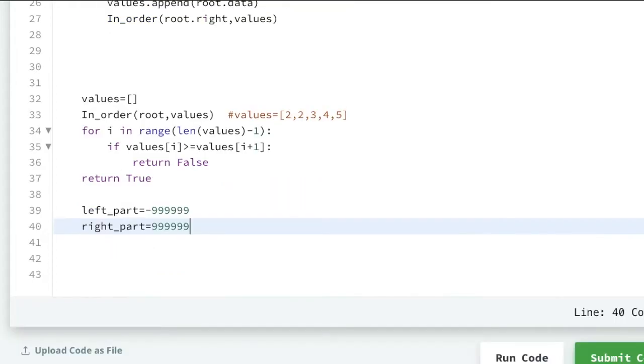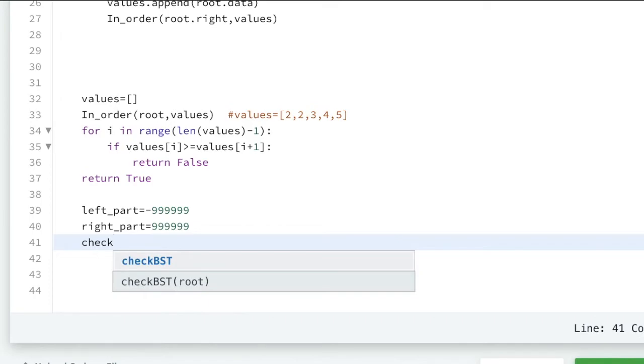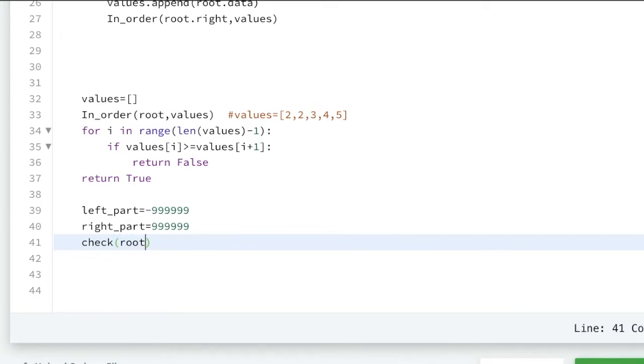Now we are done. Now we will simply write one function in which we will write the recursive logic and call it recursively. So let us define one function, check, in which we pass the initial root node, the left part and the right part.